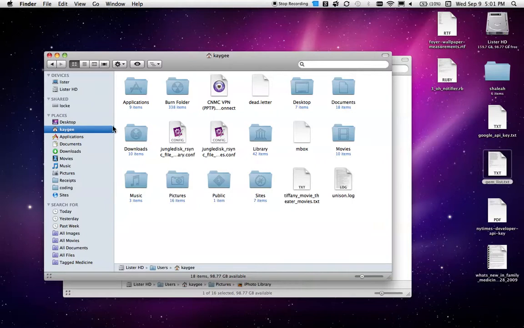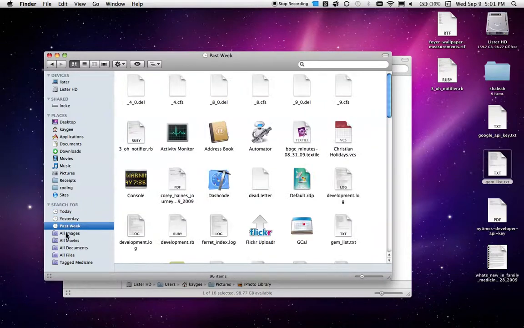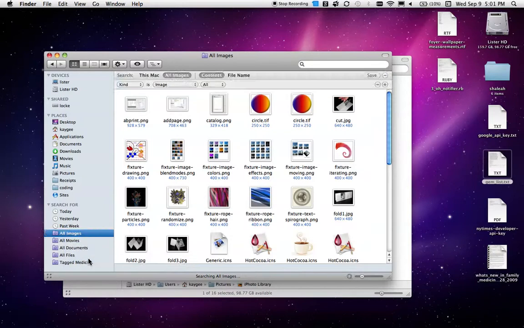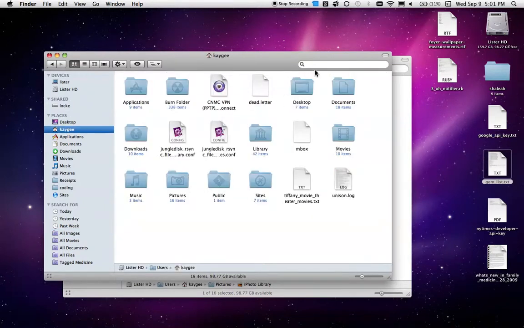And the Finder has some pre-canned searches for you. You can look at things just used today, yesterday, past week, and then these searches you can actually show the search criteria, and you can change it if you want to, and then save it into your sidebar. We can go over that later, but basically, if you want to search for something,